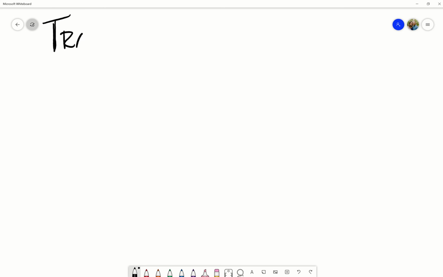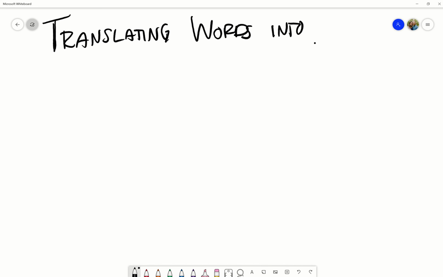Today we are talking about translating words into math. This is an area that I think we all have a hard time with. This is a lot of word problems and just understanding how to see a word problem and understand what it's asking you. I think sometimes we can see a big chunk of words and we get scared and confused, and so we want to know what those words mean. This lesson is going to be really helpful in helping us understand what those